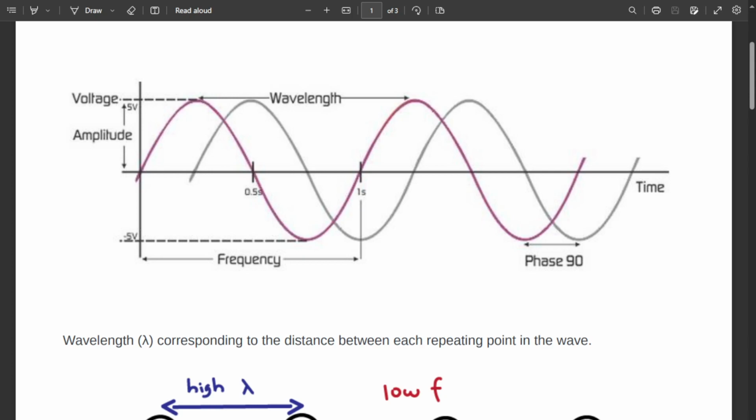Now phase is what? When we change the waveform with respect to the angle, then it's called the phase. Frequency unit is hertz, phase unit is phi, or you can say psi, right? So this is only about the frequency,